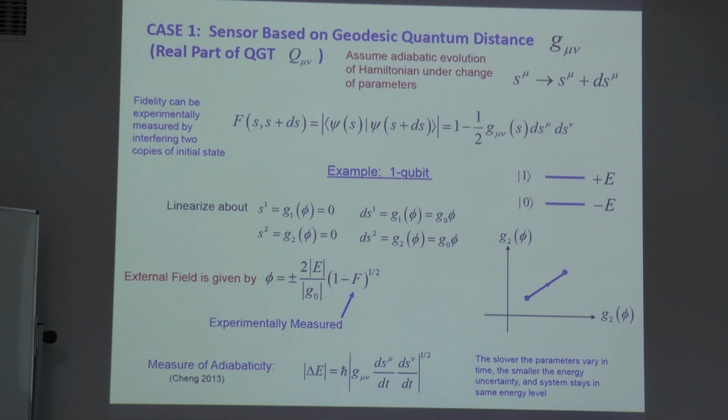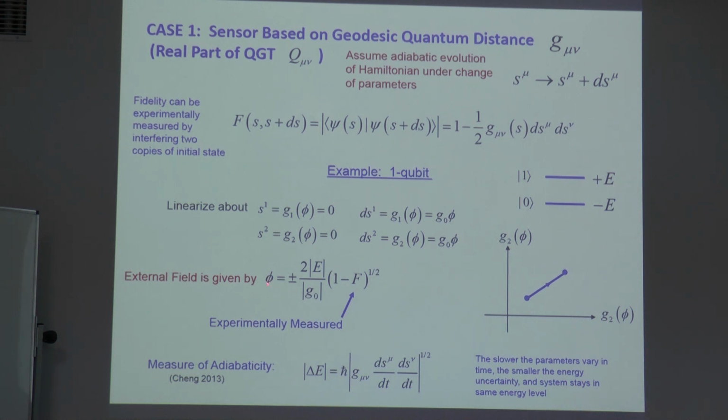So now what I'd like to describe is two types of sensors: one based on the real part of this quantum geometric tensor, and another, on a later slide, a quantum sensor based on the imaginary part. So there's the fidelity, which we just talked about, given in terms of this metric, and you can linearize these coupling constants. This is a little bit messy, but basically this formula